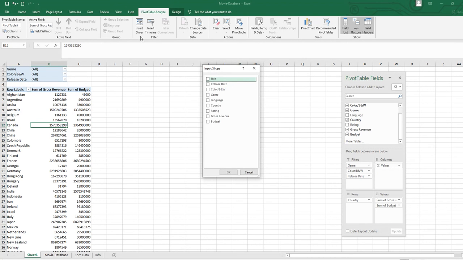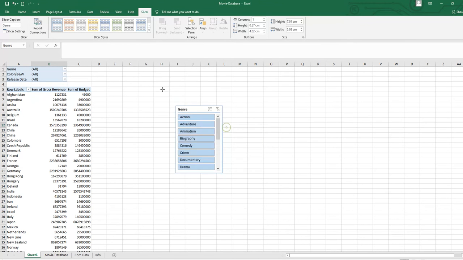When you click on the insert slicer function, you will see all the fields which are the columns of our original source table. Here it will ask you in which column or which field we are going to apply the slicer. Here I am going to apply genre first, so click on genre and okay.